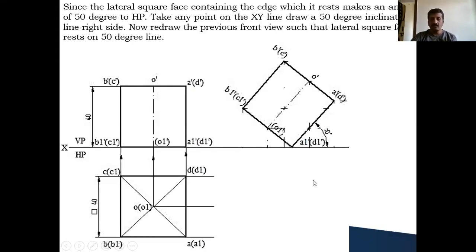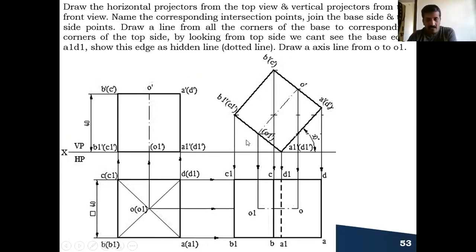Okay. The next position is similar to the square. It's almost a cube. This example is similar to the square prism resting on the edge. So keep on drawing the vertical projectors from all these points and draw the horizontal projectors also like this. After this,